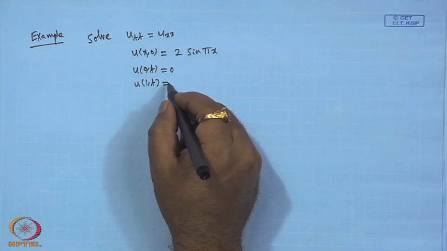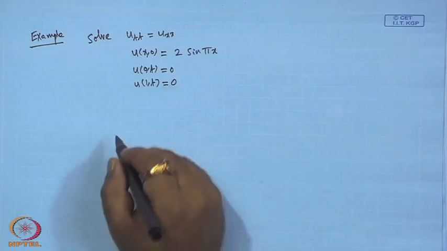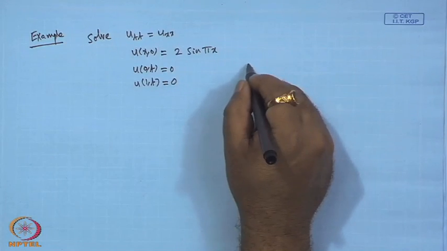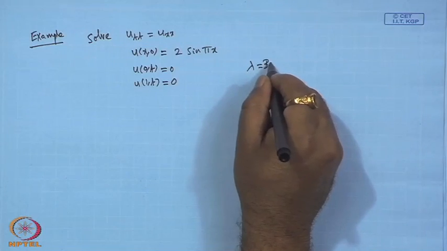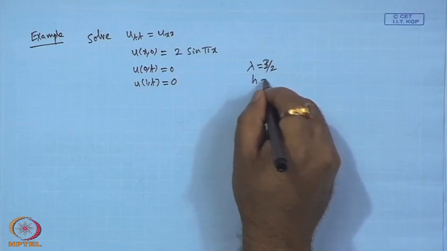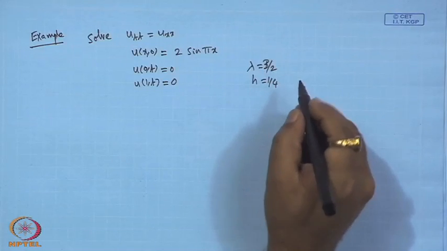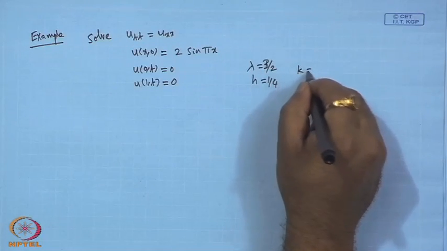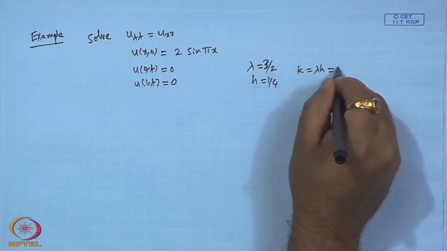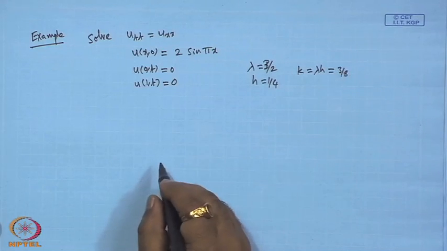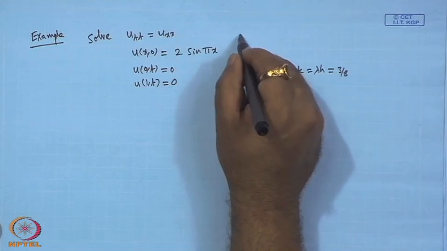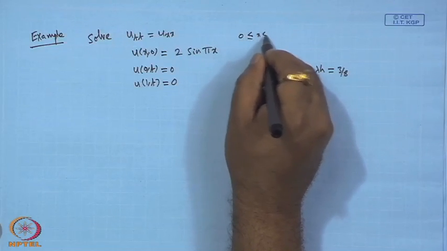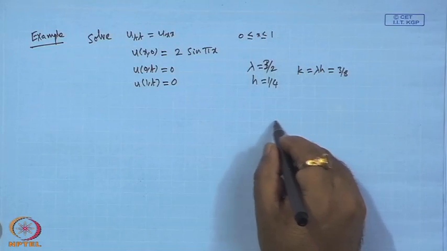This equals to 0, say lambda is 3 by 2, h is 1 by 4. Accordingly, k is lambda h, 3 by 8. So, h is 1 by 4, and let us say we are solving this. So, then we have